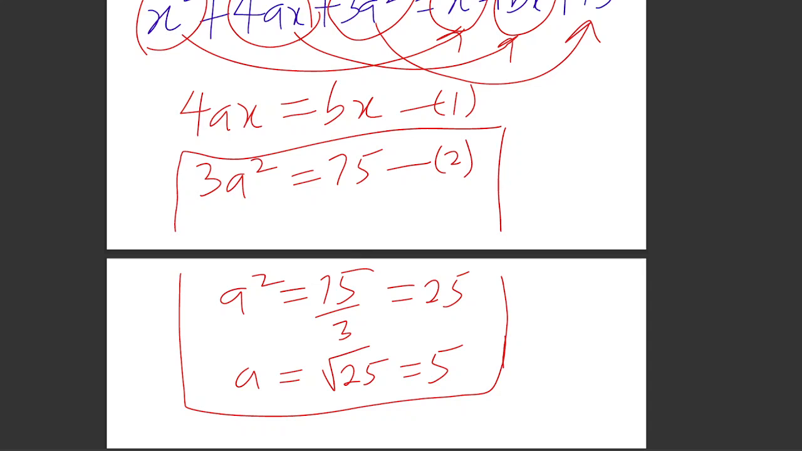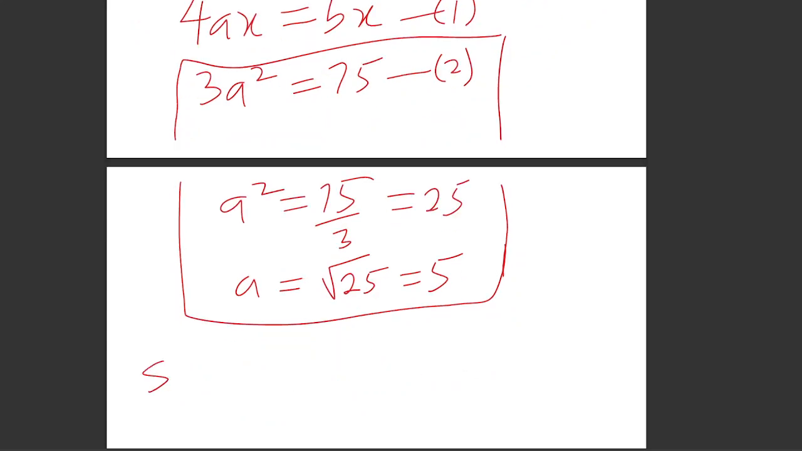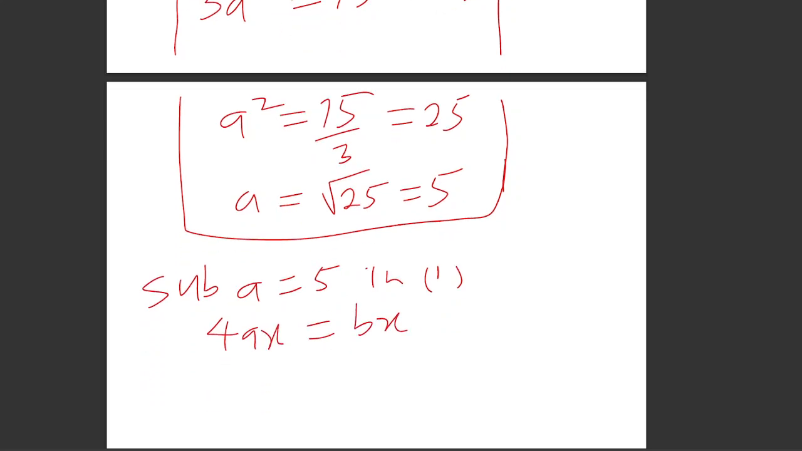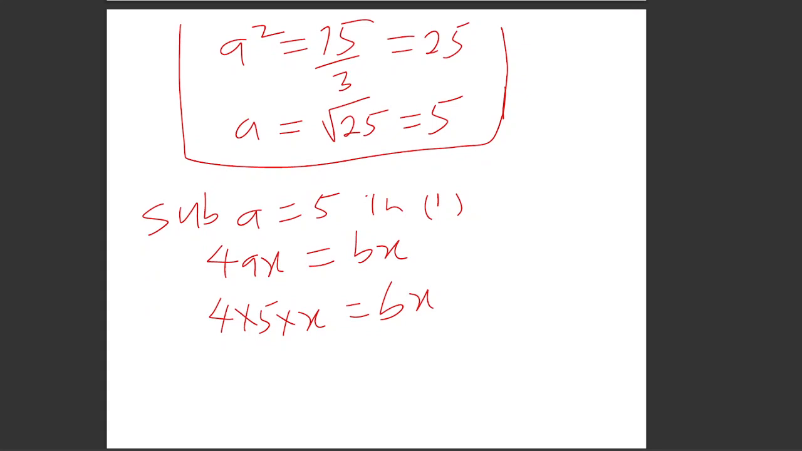Okay. Now, having known the value of a, we can substitute the value of a into equation 1. So we can say substitute a equals 5 in 1. And 1 is 4ax equals bx. So wherever we see a, we put 5 there. That will be what? 4 times 5, then times x equals bx. So this is going to give us 20x